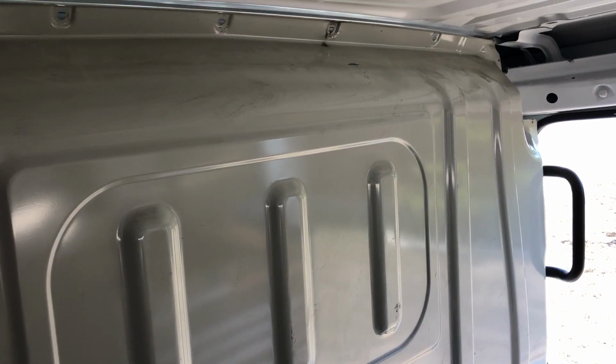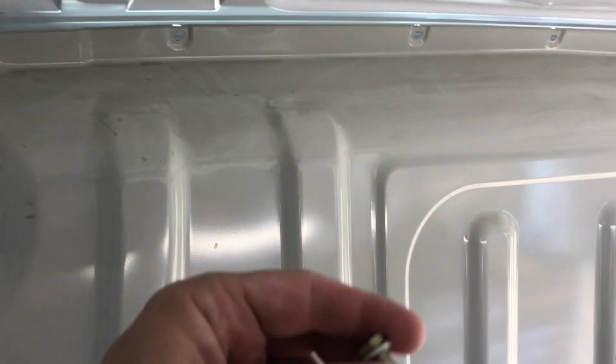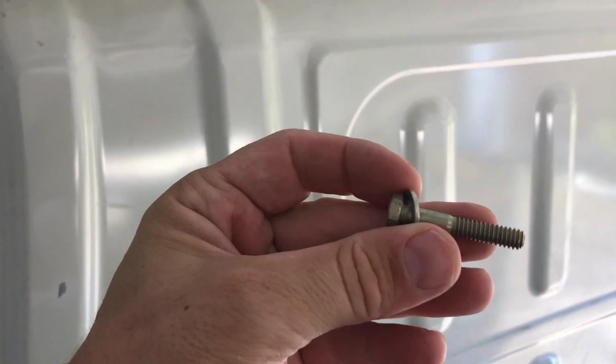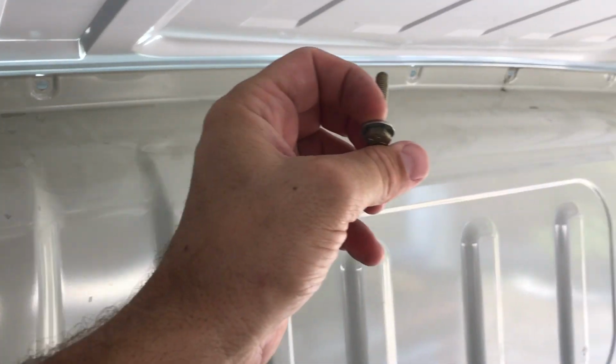I'm working on removing the divider. In theory, it's just a whole bunch of bolts. However, about half the bolts were these grade 8s that are not threaded all the way to the cap, particularly all the ones along the top. So what happened is,